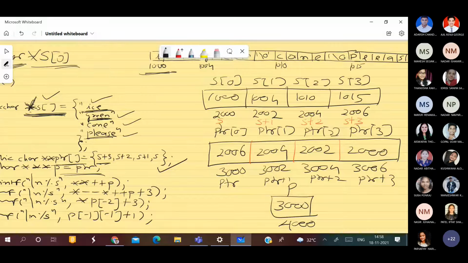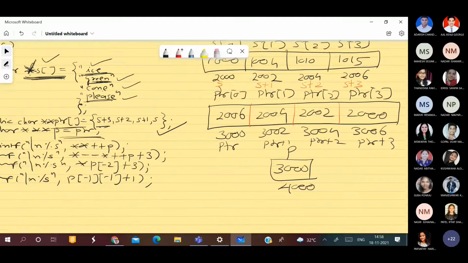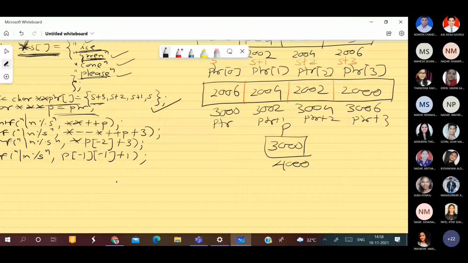Is that clear, students, up to this? Yes, sir. Chalo, let us go for the first printf. My first printf, first statement. Today I'll write properly so that if you want, you can refer to this. What is my P right now? What we have to find out? I have to find out double star, double plus P. This is what I need to calculate.